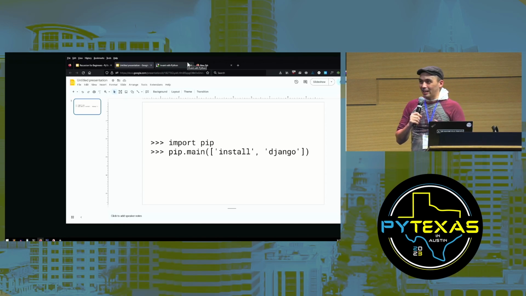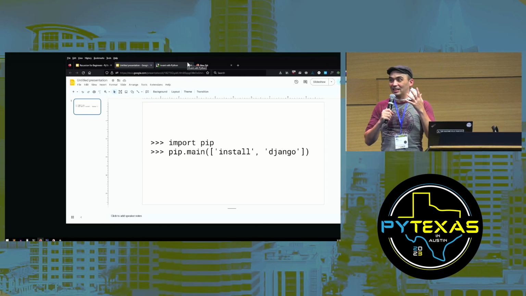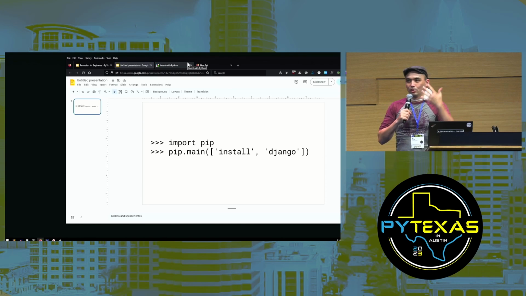And not only that, you have to explain how to use the terminal or the command prompt as it's called on Windows, or maybe they have PowerShell installed, and you have to explain what environment variables are, and you have to tell them, oh, you need to modify your bash RC file or your Z shell RC file, depending on the version of Mac OS that they have. And this is all such a pain. And yes, they do need to eventually learn how to do this so that they can run pip and install Python packages, but you just want it to work right now.